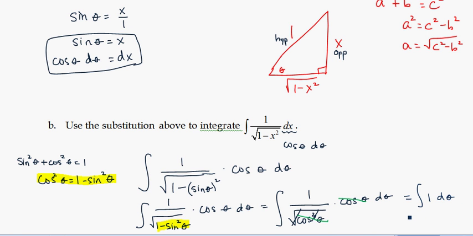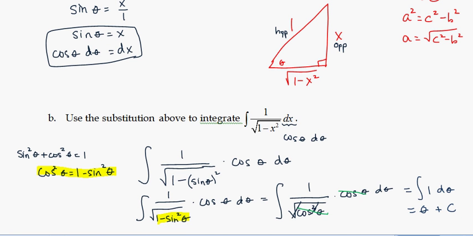And so how do I take the antiderivative of the constant 1 with respect to theta? Well, the antiderivative is just going to be theta plus the constant, right? And so that's great. That's my answer, but that's in terms of theta. So as usual, once you've done a substitution, you have to back substitute and figure out what it is back